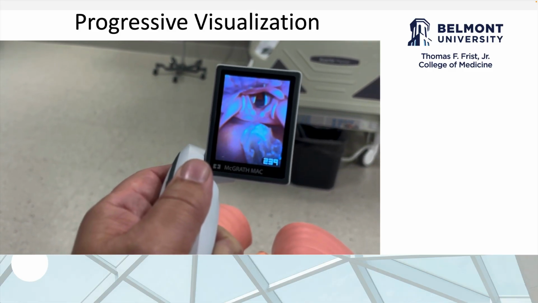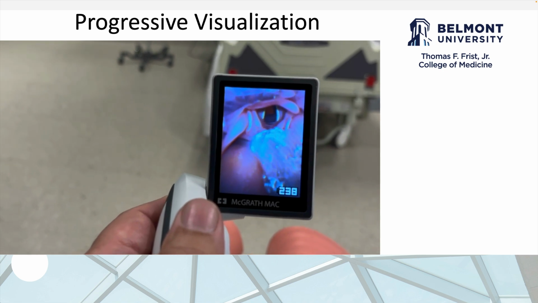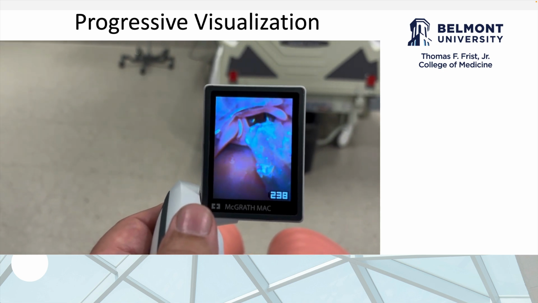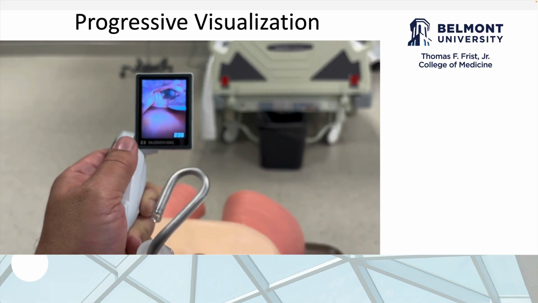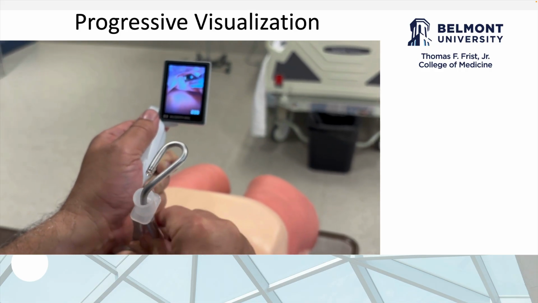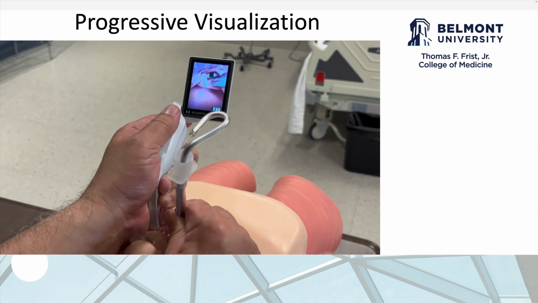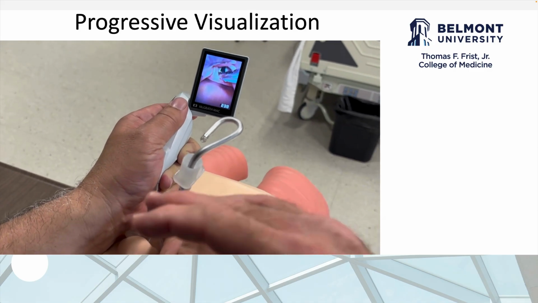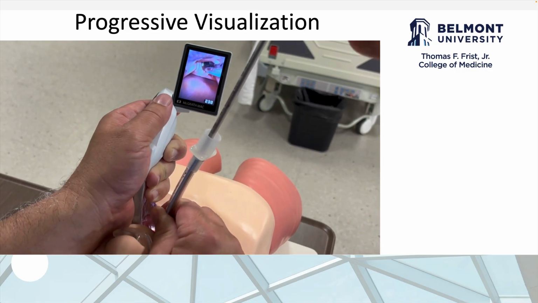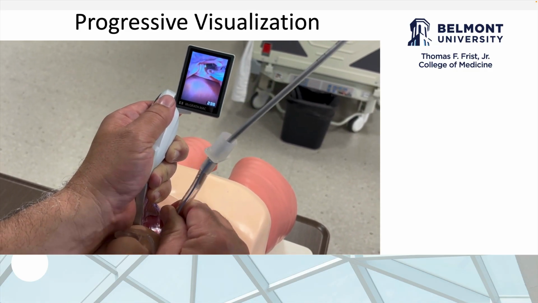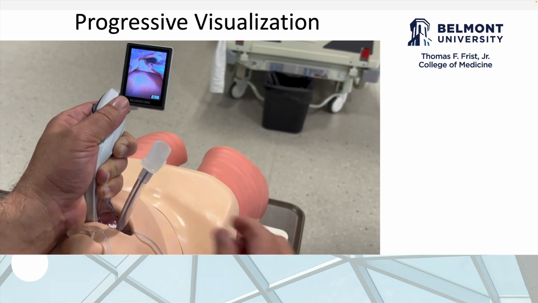And as we spoke before, we want to be able to keep the glottic opening in vision as long as possible. That's why going down and coming up is the best idea. So now we're coming back up through the cords. Now I'll have an assistant go ahead and remove the stylet at this point, while I maintain control of the endotracheal tube. We'll blow up the balloon,